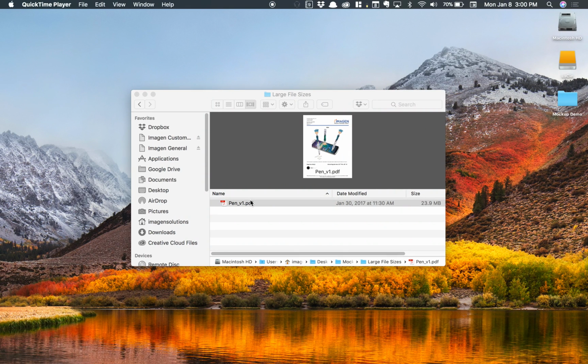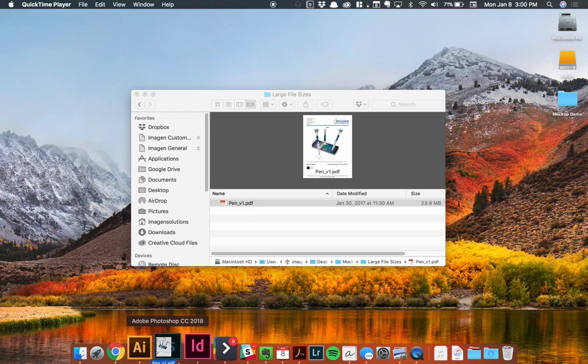All right, so large file sizes. Sometimes you get a mock-up done, it has some images in it, you save it, and you realize it's 23, 24, 25 megs, or even bigger. Sometimes it'll sneak by and the reps will have to let you know, but ultimately you need to learn how to get these sizes down to about a megabyte or two. As anything larger than that in a mock-up really doesn't need to be there unless we're talking about print, but